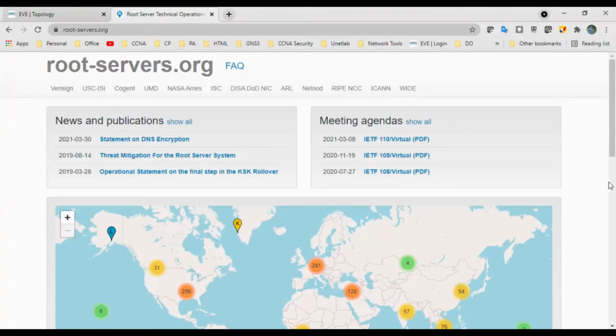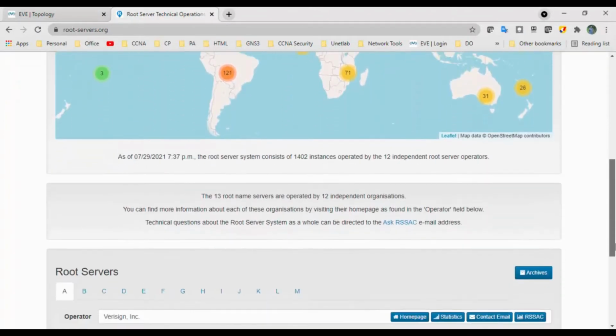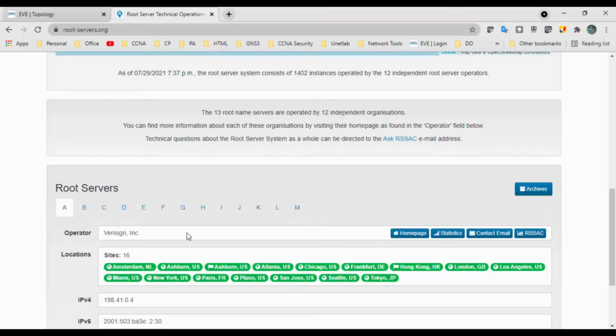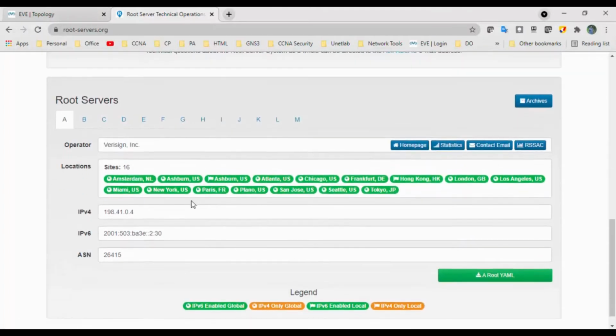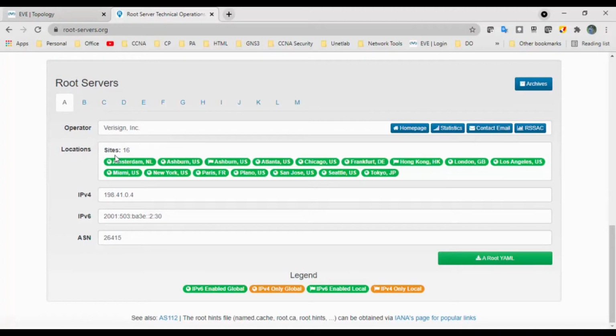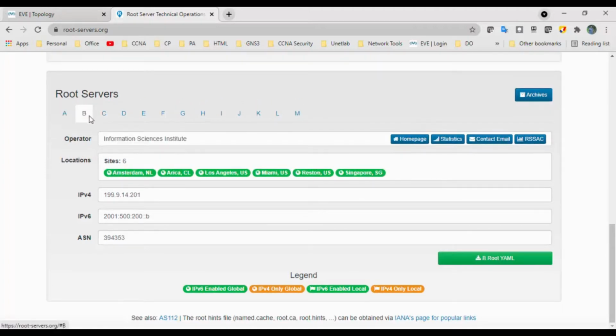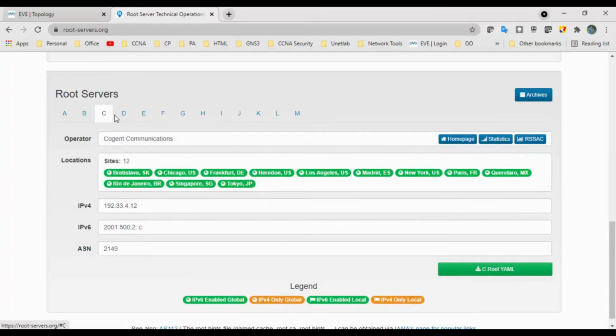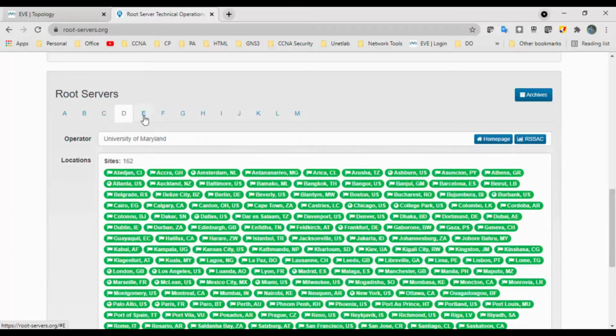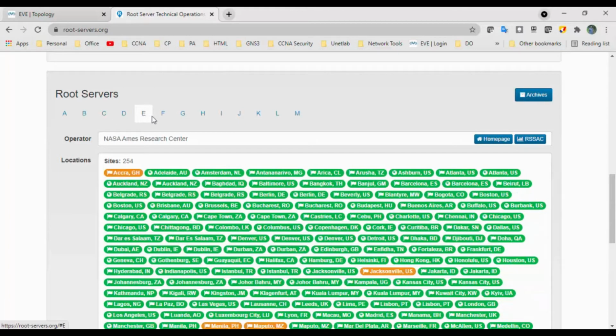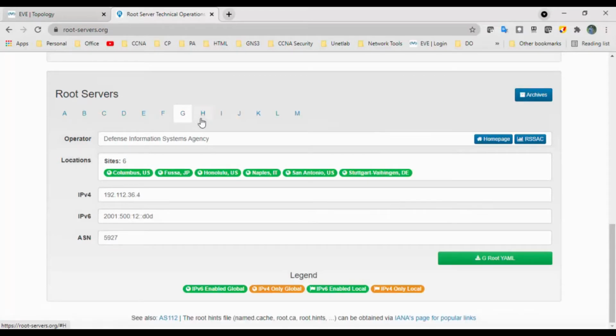If you check, there are 13 main DNS servers across the globe, A to M. If you go by location, there are 16 locations for some of them, and for others there are six sites, and so forth, with C, D, E and the rest in respective numbers till M.